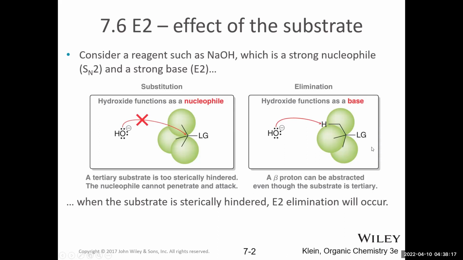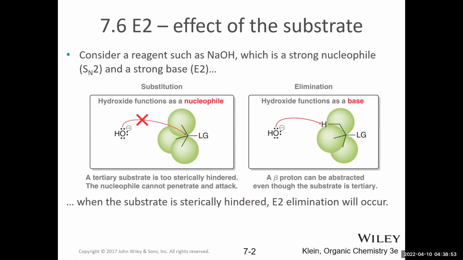So there's some difference in terms of when steric hindrance will play an effect. So for example, on a tertiary substrate, we know that SN2 reactions do not work well on those substrates because of steric hindrance. However, tertiary substrates actually work well for E2 reactions because we don't have to worry about steric hindrance at the alpha carbon because the reagent will only need to function as a base and do a proton transfer at the beta carbon.